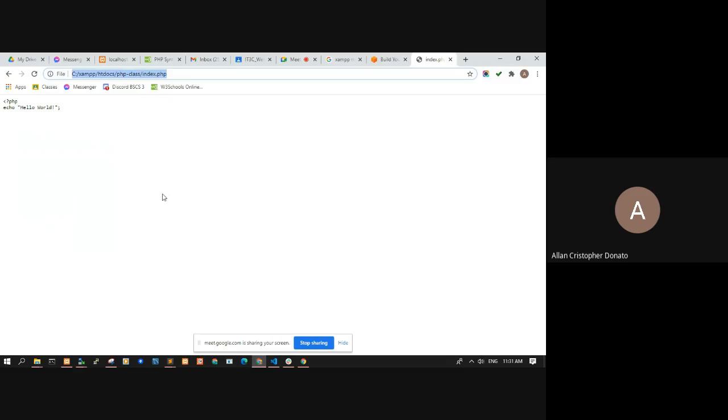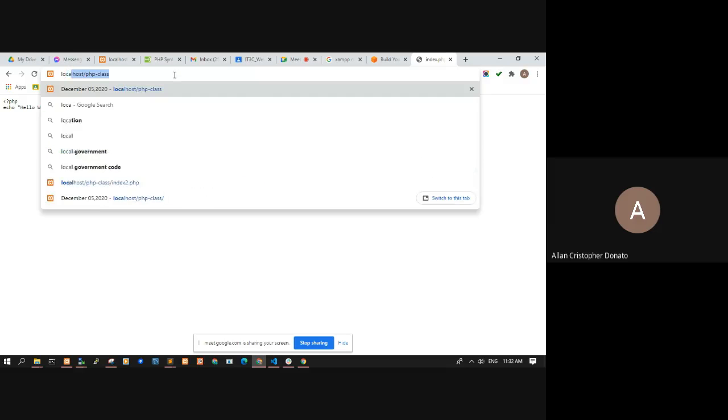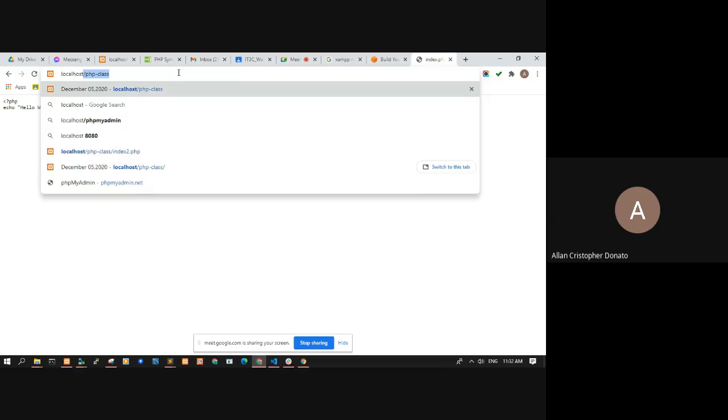PHP website and not as plain text or plain HTML. So you do not access your PHP files as how you access your HTML files. You need to have the address of the web server. By default, it's localhost/the name of your folder.